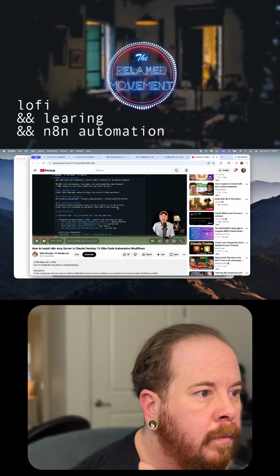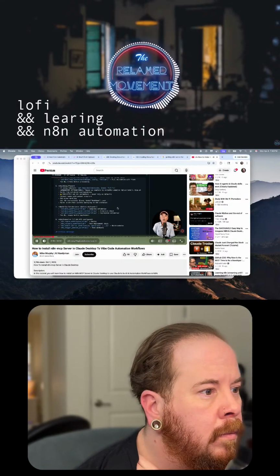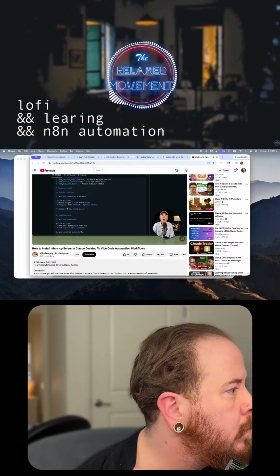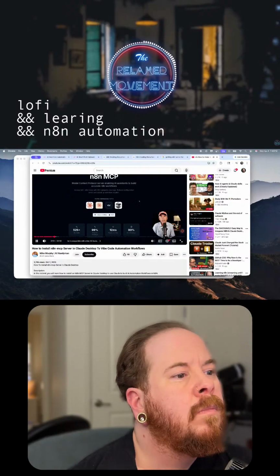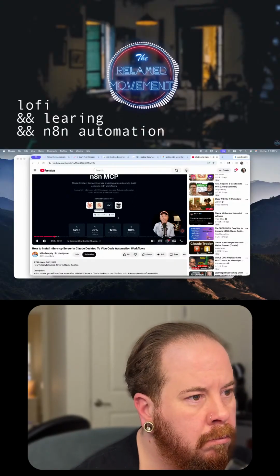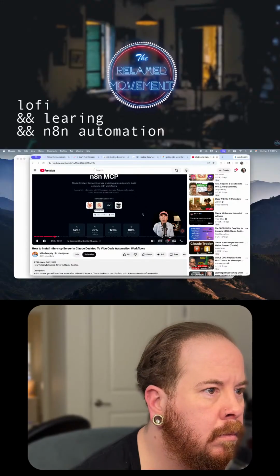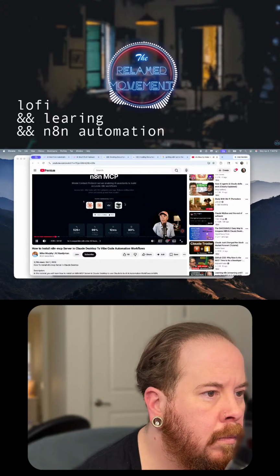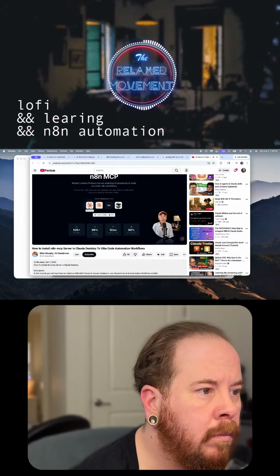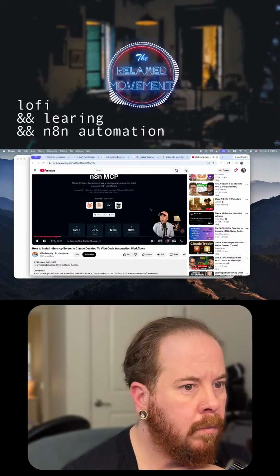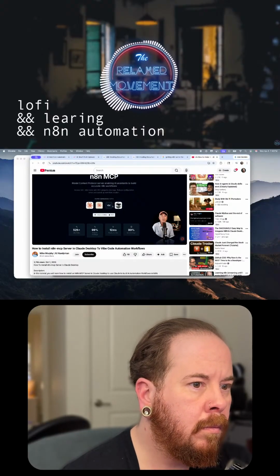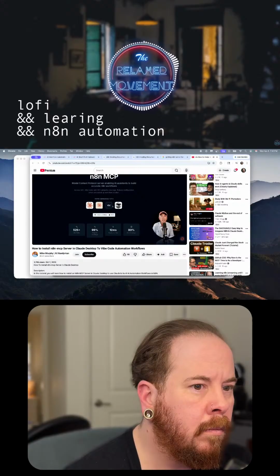Playbook. These are the rules or the instructions that Claude is going to follow every time you ask it to build an n8n automation workflow. In today's tutorial, I'm showing you how to add the n8n MCP server in Claude Desktop. But just be aware that it also works seamlessly with Claude Code, Windsurf, and Cursor. And I do plan on making a follow-up tutorial on how to add this to Claude Code. And if you also want to see how to add it to Cursor or Windsurf, just leave a comment and I will try to make those as well.